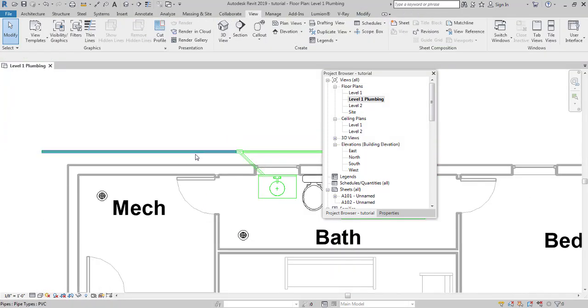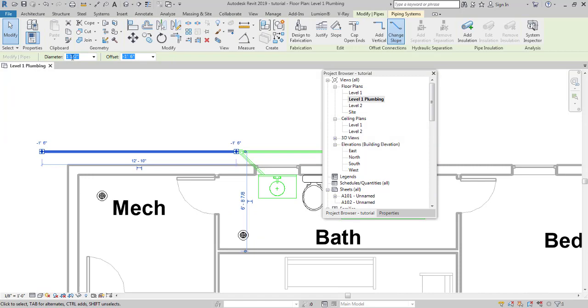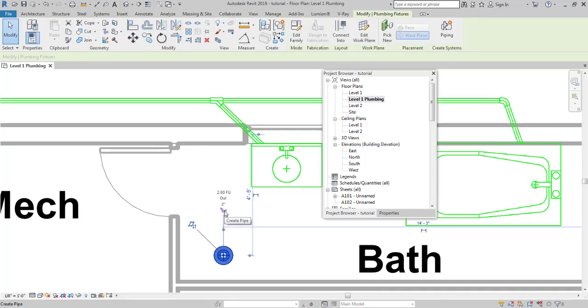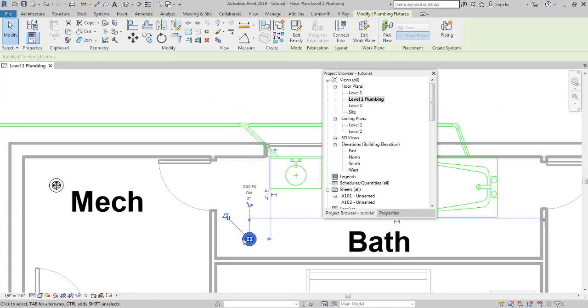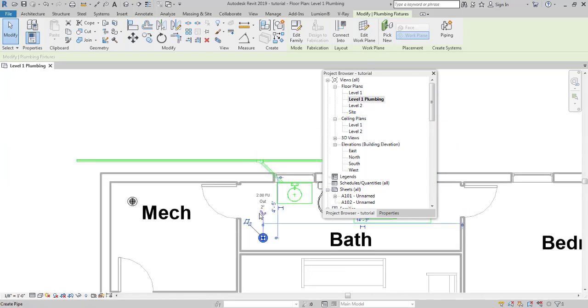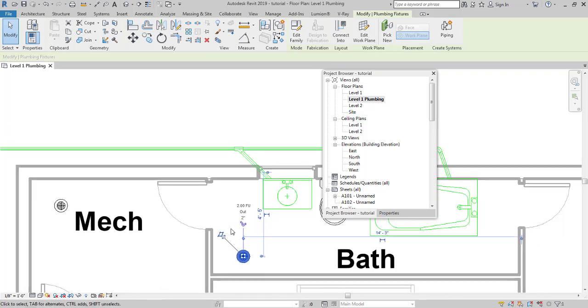Now the problem here is that this pipe over here is 1.5 inch, and the drain that we have is 2 inches. A 2-inch pipe will connect, but as per plumbing code, this is not right: a 2-inch pipe going into a 1.5 inch main line. So what I'll do is create a separate 2-inch line for the two drains over here. Normally the drain pipes would also connect to this pipe, but because we have different sizes, just to get the concept across, we'll make a separate pipe over here.